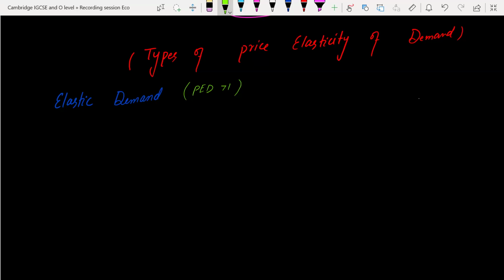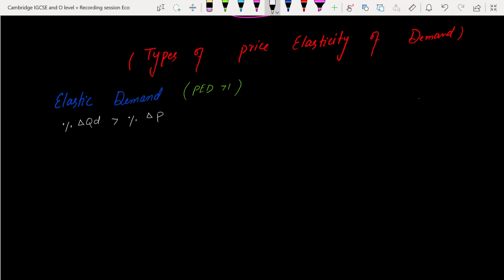It will be greater than 1 when a small change happens in the price but a large change in quantity demand. We can say like this: percentage change in quantity demand greater than percentage change